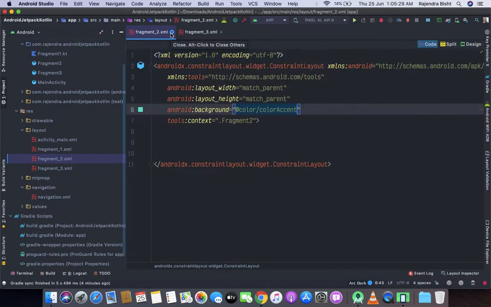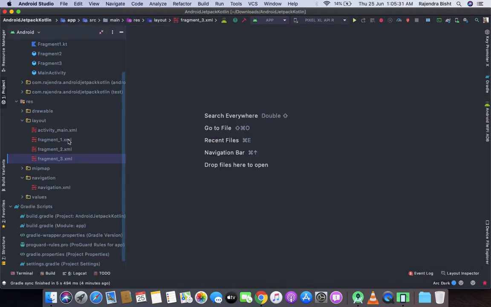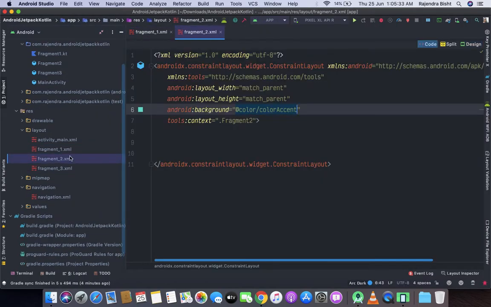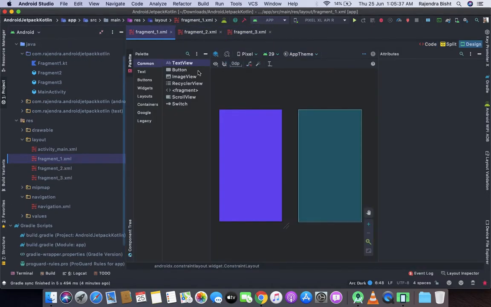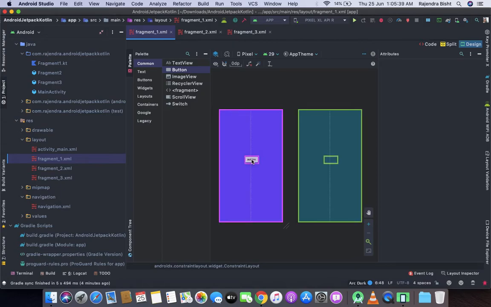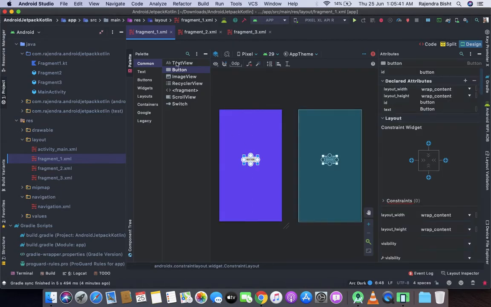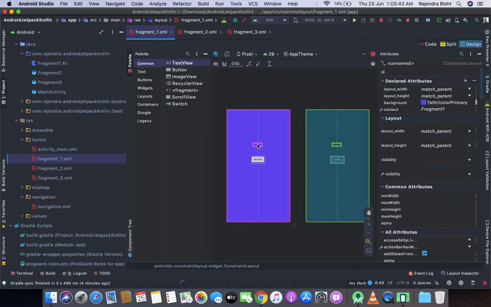So now we have three fragments, and now we will add the three buttons and a text view.